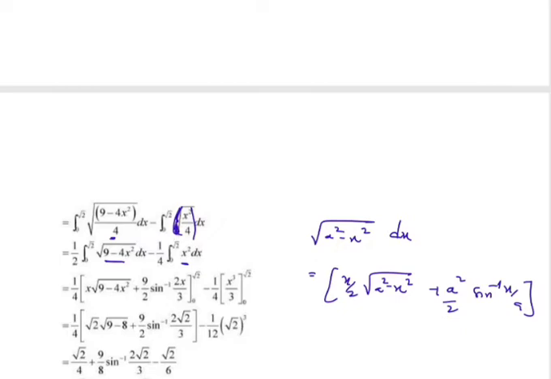So just integrating what we get here, under root of 9 minus 4x square is there, so it is x under root of 9 minus 4x square plus 9 by 2, that is 3 square. A square means 3 square, it is 3 square by 2 plus sine inverse x by a,